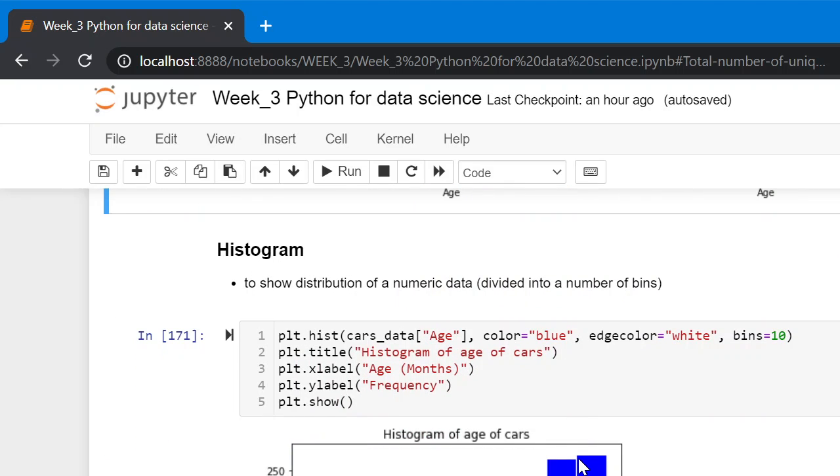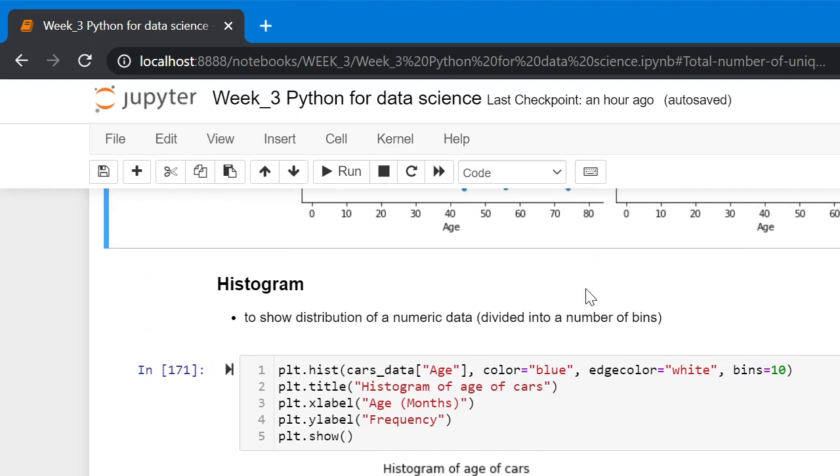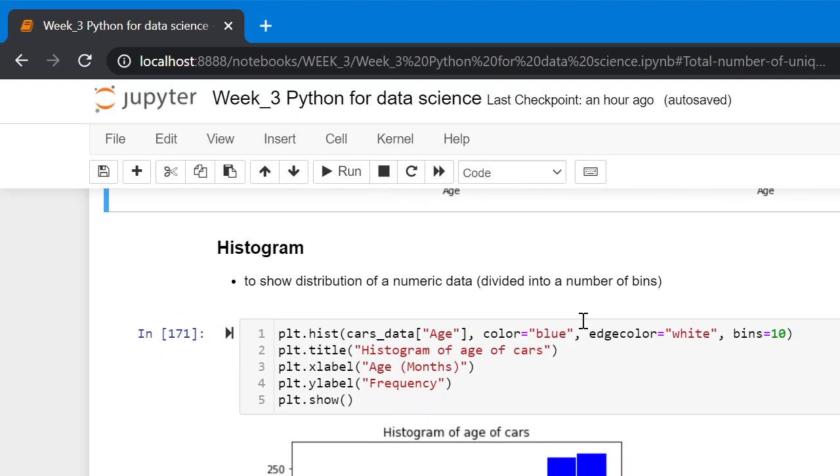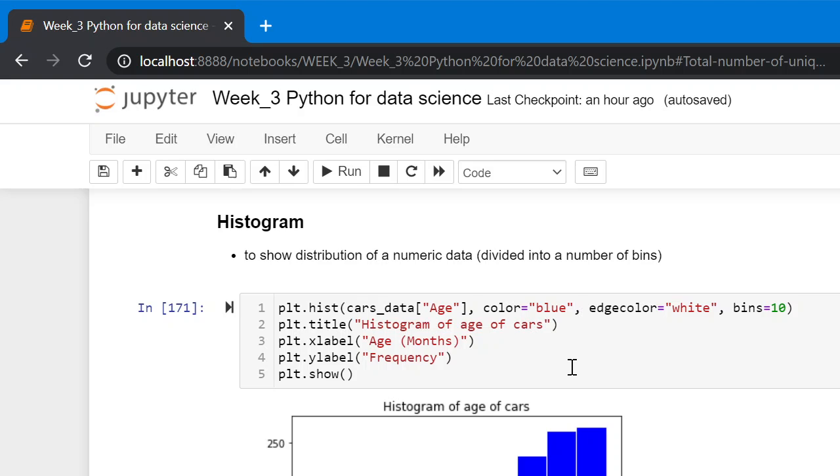Histogram. It shows the distribution of numeric data, where we divide continuous data into a number of bins, and we see the number of occurrences of data in each bin. Here is an example.